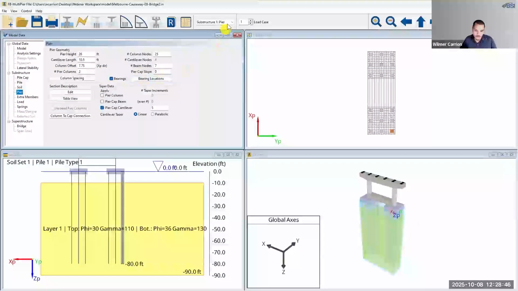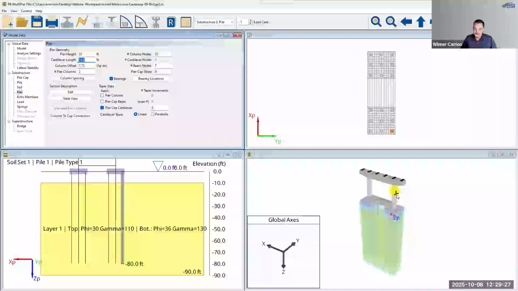And we'll use the substructure combo box here at the top for the first time to select substructure 2. And we're going to be using this box a lot, so just keep in mind where this box is. And let's change the pier height to 32. Press enter. And now we do have the height where we want, but I want to point out that on the columns, because the number of nodes did not change, that means the spacings between the nodes has changed, which also means that the extra member which we had connecting the columns likely has moved as well,